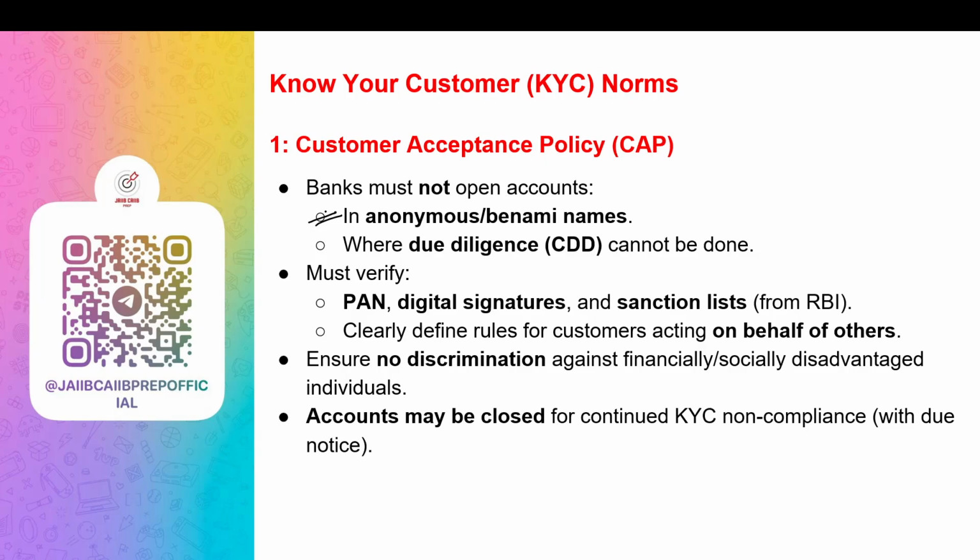If the person is not cooperating or is giving fake documents, if the person refuses to follow due procedure, if the person is trying to act for someone else without a clear legal reason, if the person's name is in RBI's blacklist or sanction list, I hope you recall sanction list from unit number 2. If the PAN card is not verifiable, if the person gives e-documents without valid digital signatures, and if the person does not give the required information for KYC, in that case, the bank must not open an account.